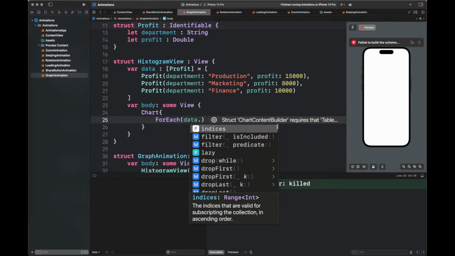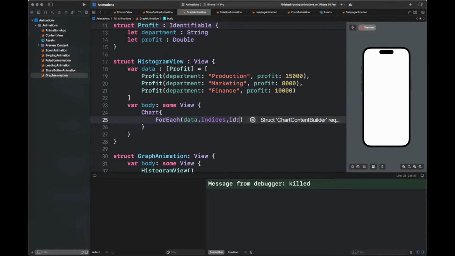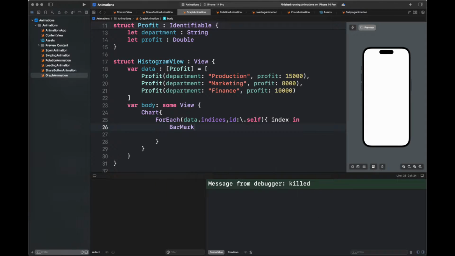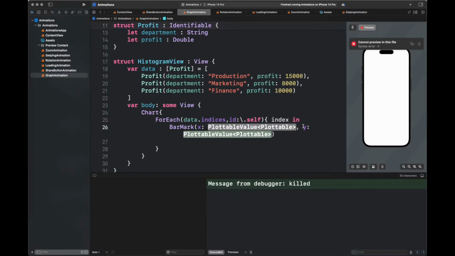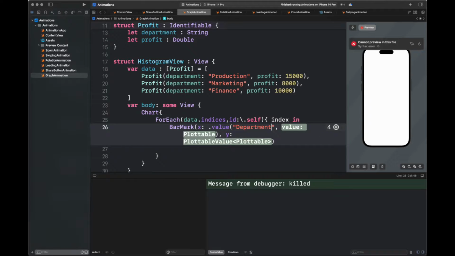So next I'm going to create the UI inside the body. First I'm going to create a Chart, and after that I'm going to iterate over data.indices, and with each index I'm going to plot an x value on the x-axis and y-axis. So I'm going to use the built-in BarMark from the Charts library. So in x I'm going to pass the department, and on the y-axis profit will be plotted. So copy all of this code